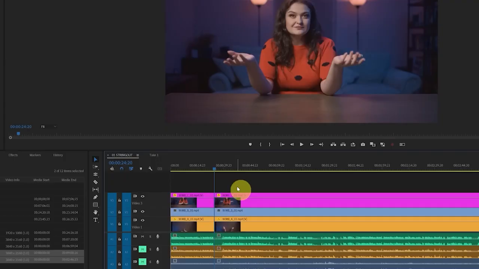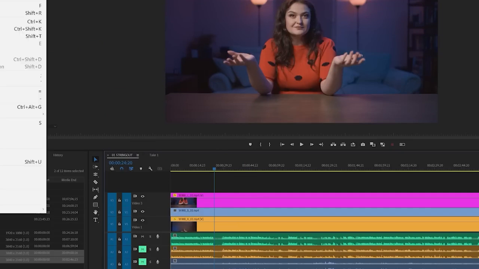Now, two ways to counteract that. You can either do Shift Command K, but I don't like doing Shift Command K because I have one of my hands on the mouse and one on the keyboard, and it's just too far away for my little hand to navigate. So instead, what I like to do is over here under Sequence, I will deselect